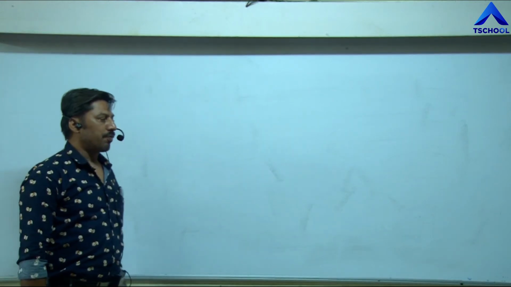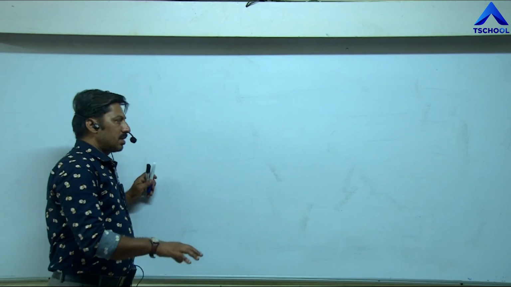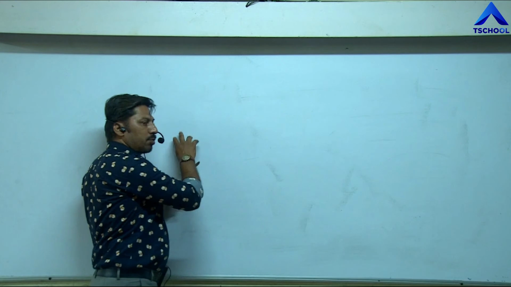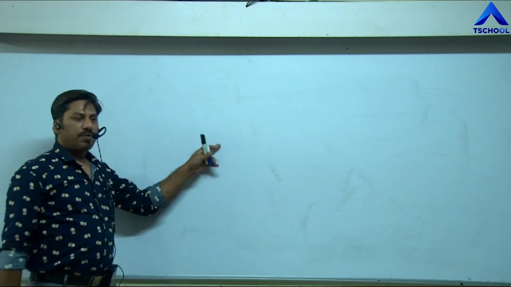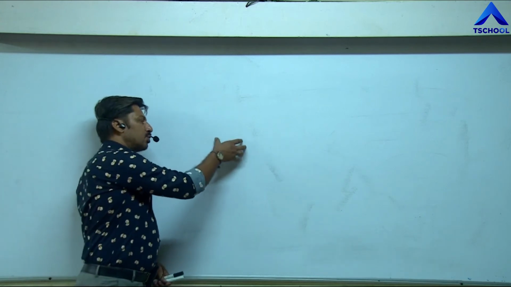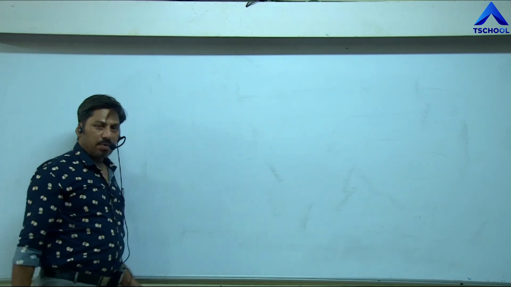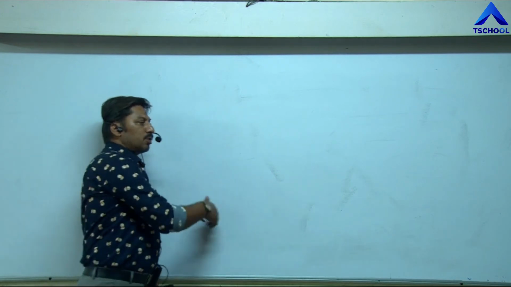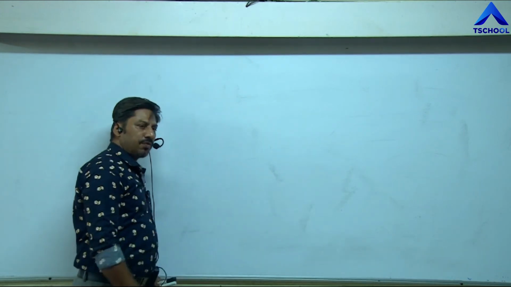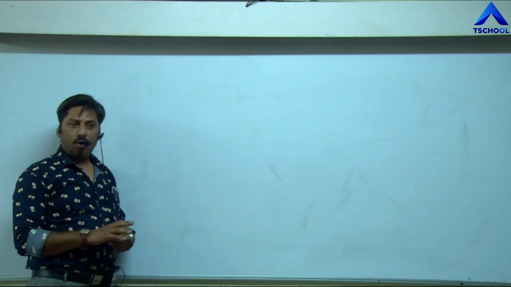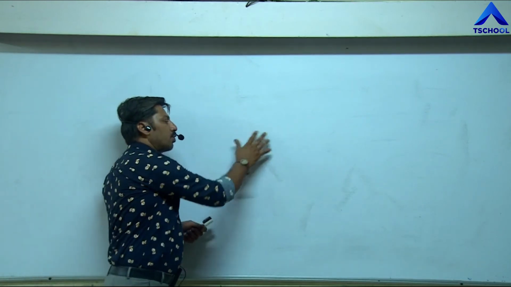Third is super profit method. Formula for calculating goodwill is super profit into number of years purchase. In order to calculate super profit, formula is average profit minus expected profit. Expected profit is capital employed into rate of return. For average profit, we have two formulas: total profit upon number of years or total weighted profit upon total weight.